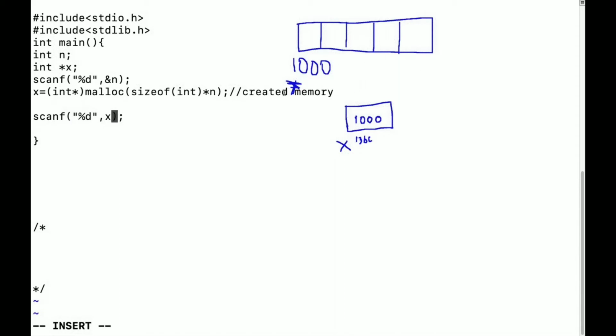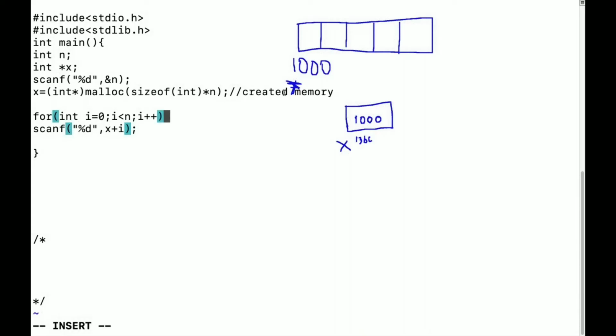So instead of writing x plus 1, x plus 2, x plus 3, I will write x plus i, where i varies from 0 to less than n. I will simply apply a for loop: for int i equals 0, i less than n, i plus plus.